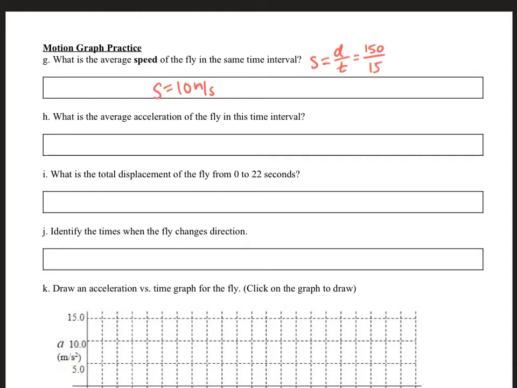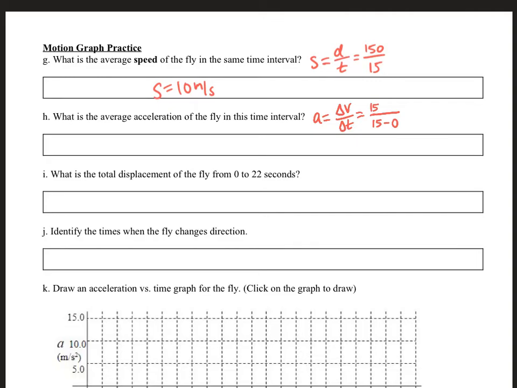Well, our formula for acceleration from the first video this week on Monday is acceleration is change in velocity over change in time. So my final time was 15 seconds. My initial time was 0. That gives me the change in time. My final velocity at 15 seconds, if I read the velocity at 15, is 15 from the graph